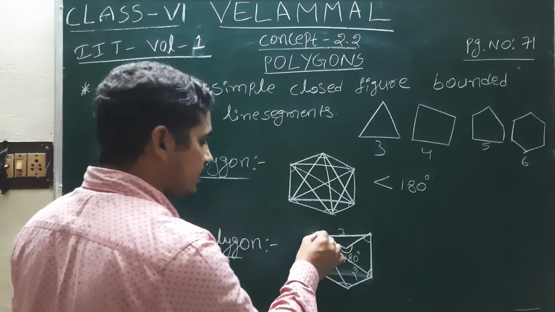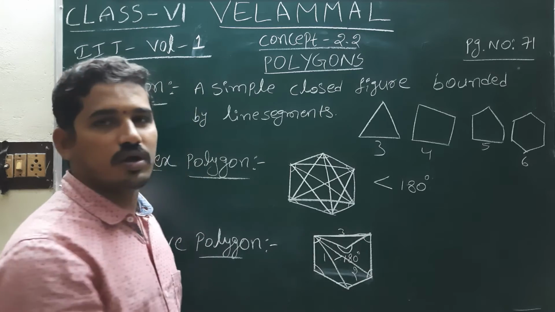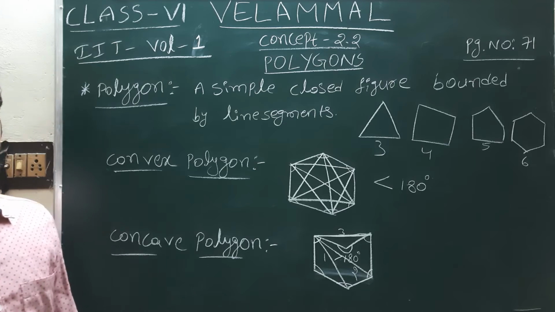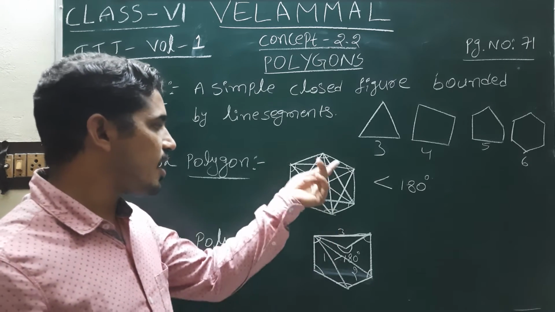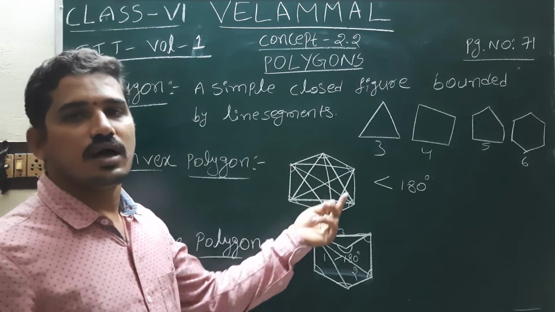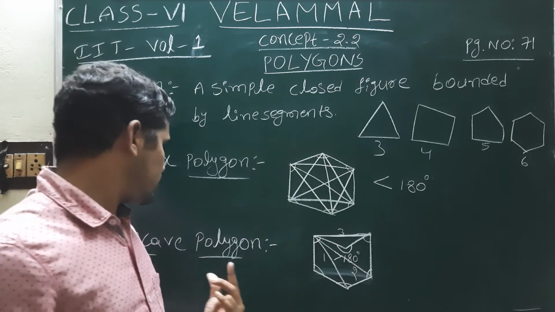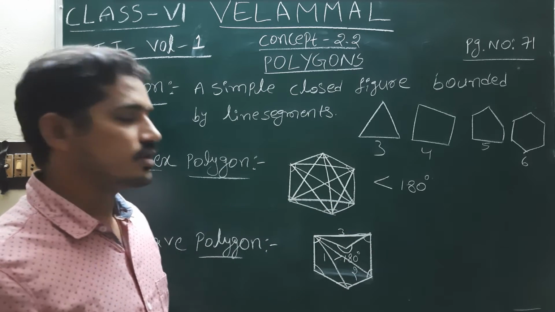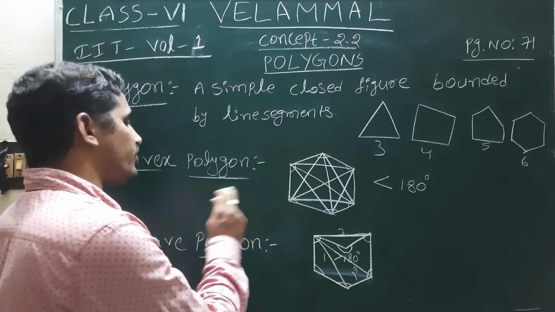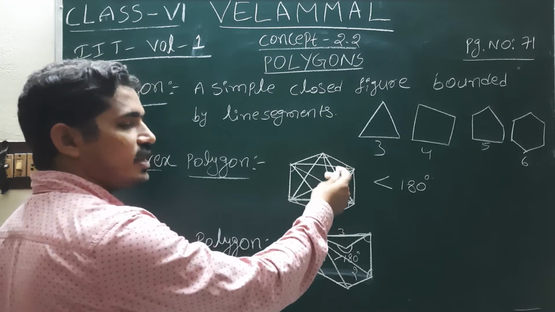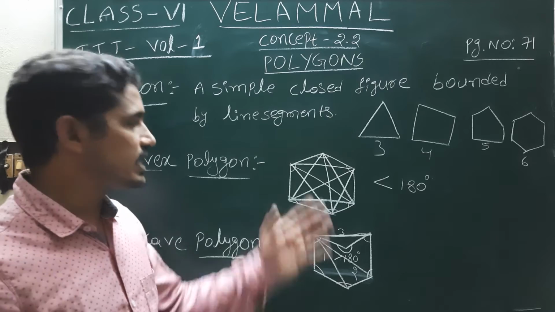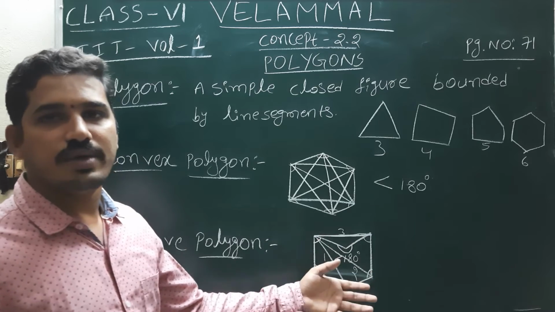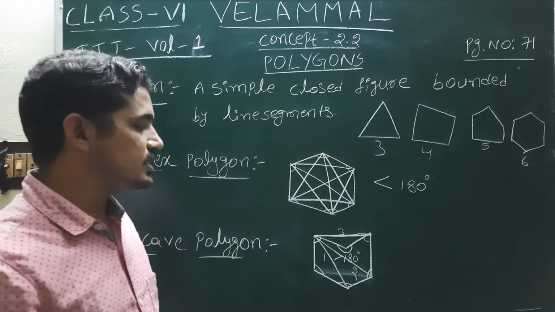Whenever a diagonal lies in the exterior of the polygon, those types of polygons are called concave polygons. In a convex polygon, all the diagonals will be inside the interior of the polygon, and in concave polygons the diagonals will be outside, in the exterior of the polygon. In convex polygons all angles will be less than 180 degrees, that means less than a straight angle. And in a concave polygon at least one angle will be more than 180 degrees,